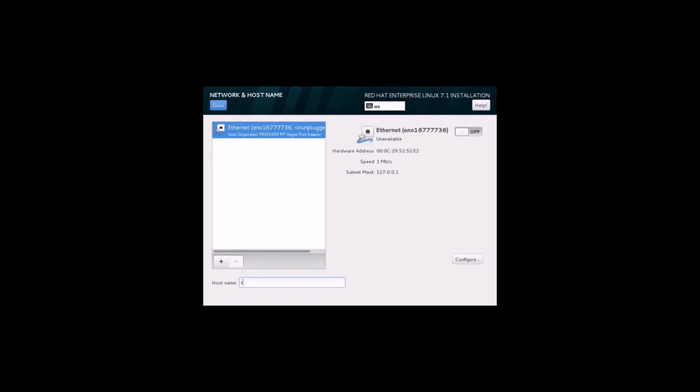So now I am going to put that in. The host name is called desktop, I mean I'm selecting desktop5. Here my domain is redhat.com. So this is my host name. Once it is done, you can click on done.